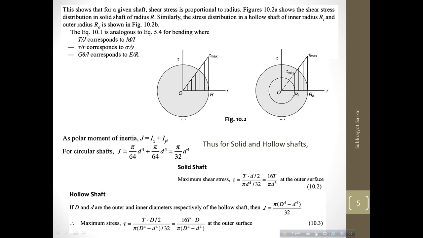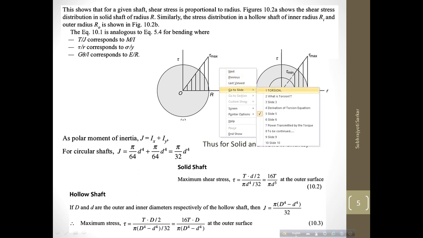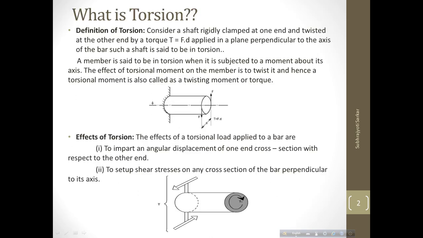So, which one is the resisting torque? The torque at the maximum radius, that is when the shear stress is maximum, the torque that is generated is your resisting torque. This resisting torque is nothing but this one. This is the maximum torque which is resisting the body from twisting.